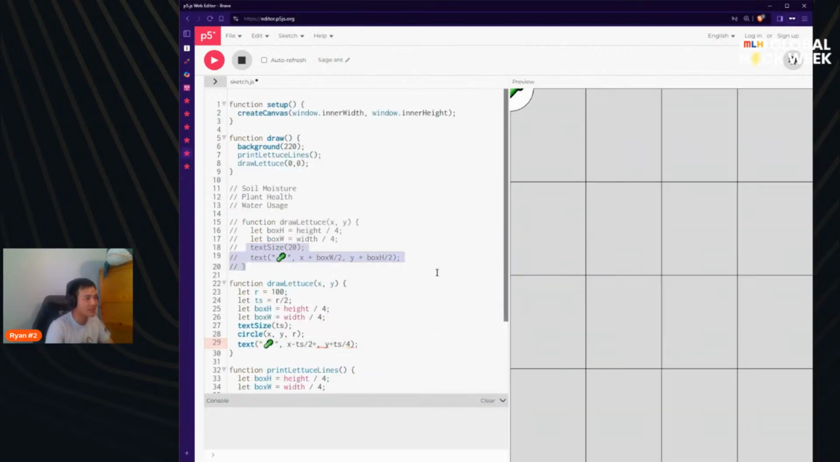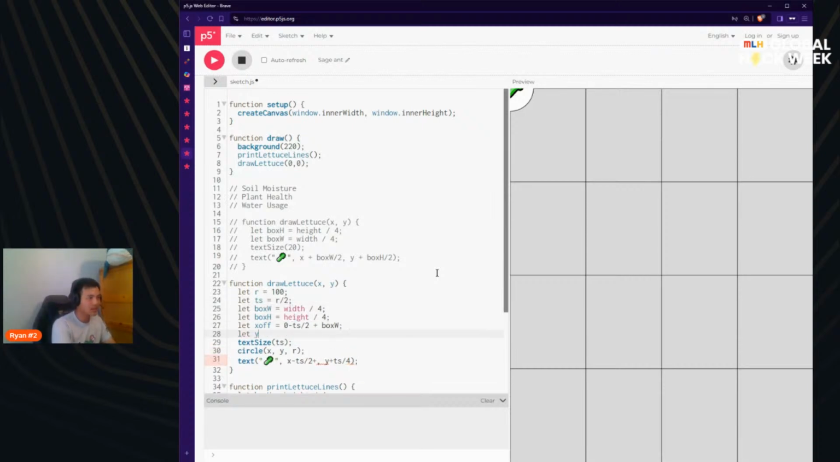Anyway, back to this stuff. Where were we? We were adding in this. Well, this is getting kind of hard to read down here, so I'm going to grab a couple more variables. Let x offset be 0 minus ts divided by 2 plus box.x's width. Let y off be equal to z0 plus ts4 plus box h. Okay, then this allows us to just very simply have